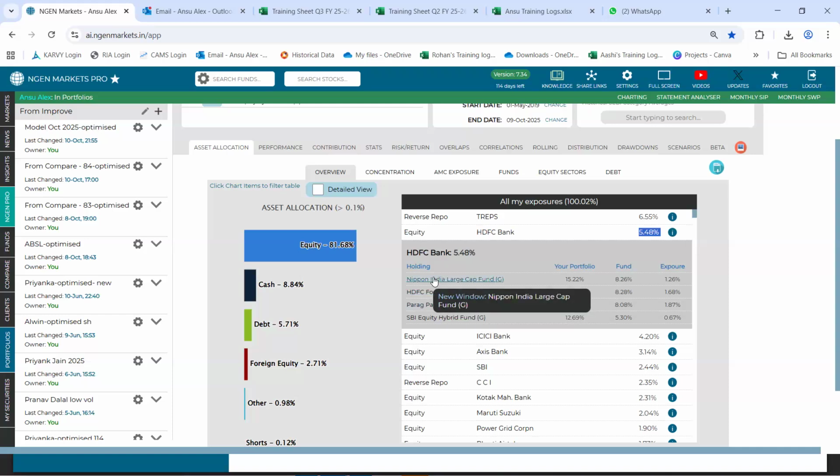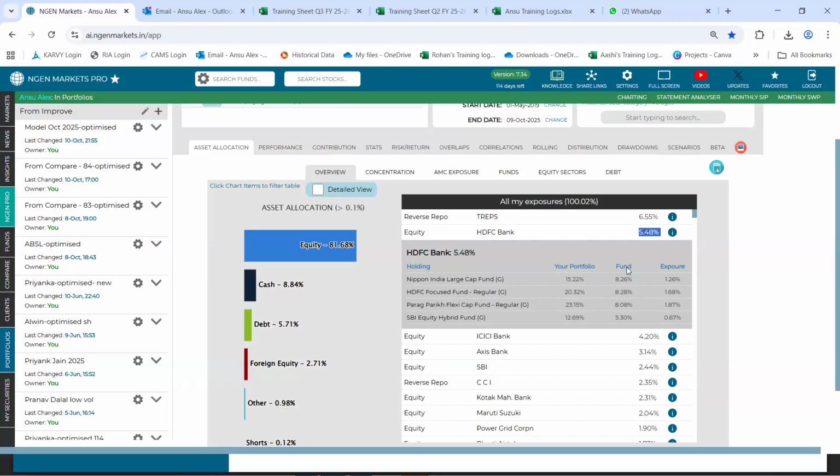Next to the name of these schemes, you could see a column called your portfolio, which says that in your portfolio, this fund is allocated to an extent of 15.2, for example the Nippon Large Cap Fund. In this fund, HDFC Bank as a stock forms a part to an extent of 8.26%.